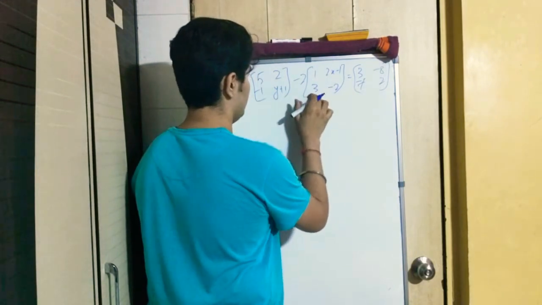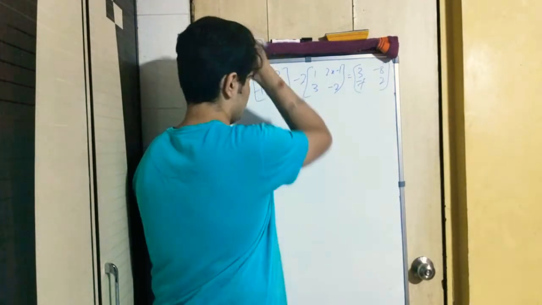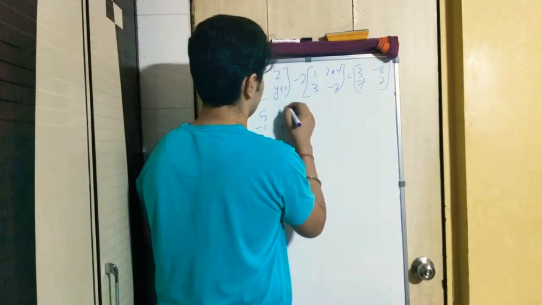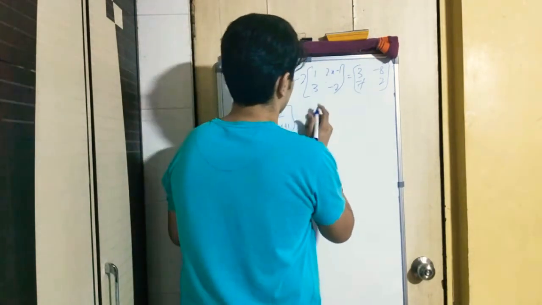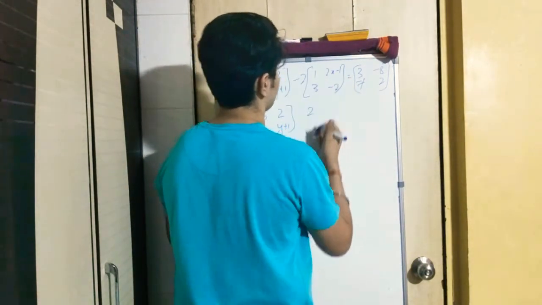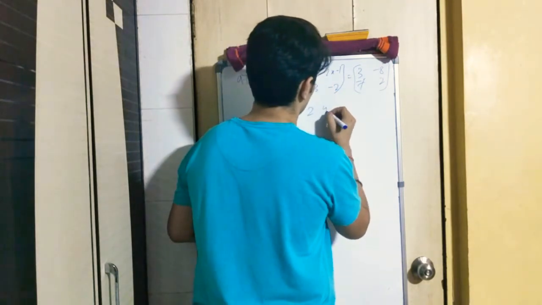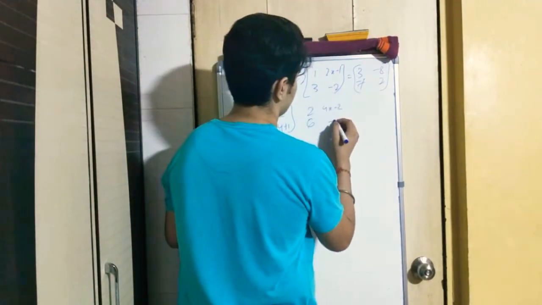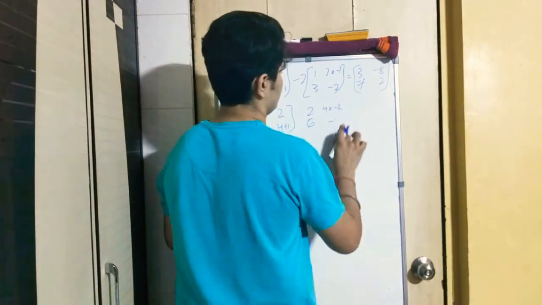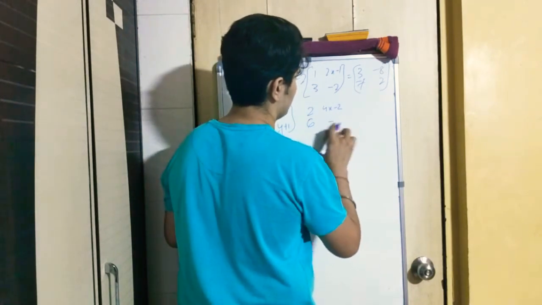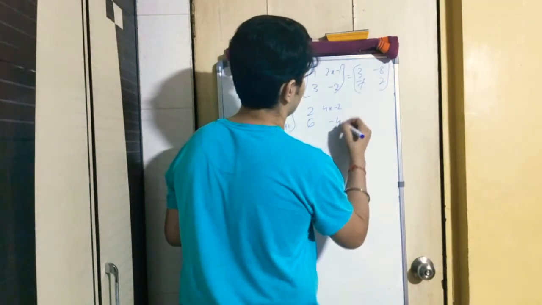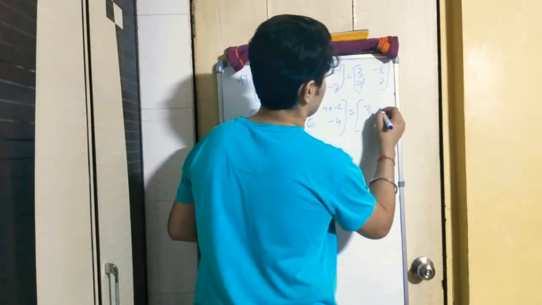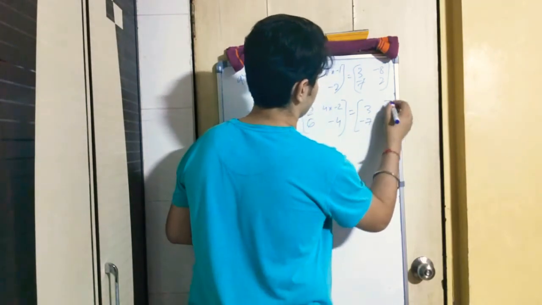So first we multiply this term by 2. Here it's given 5, 2, minus 1, y plus 1. 2 into 1 is 2. 2 into 2x minus 1 is 4x minus 2. 2 into 3 is 6. 2 into minus 2 is minus 4. This is minus, is equal to 3, minus 8, minus 7, 2.